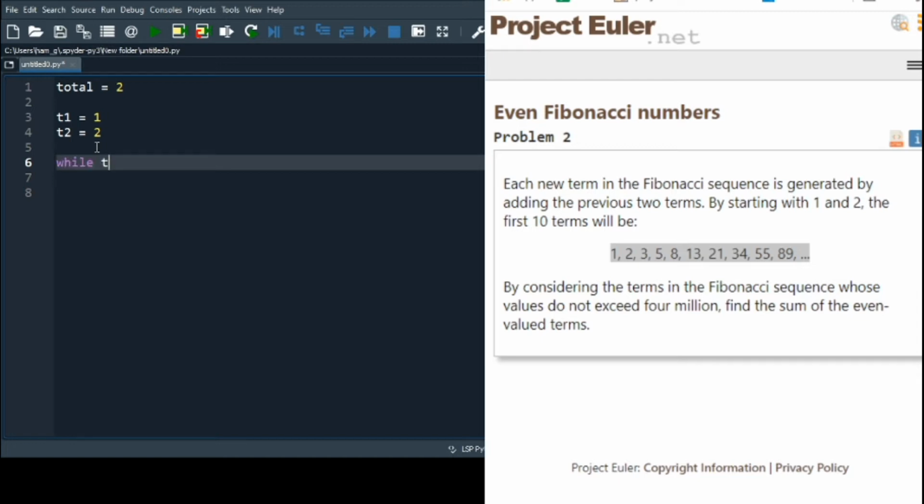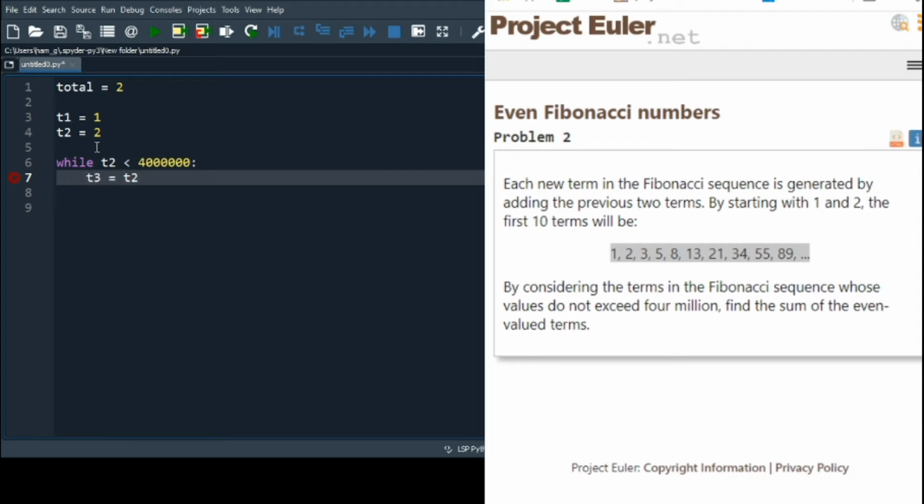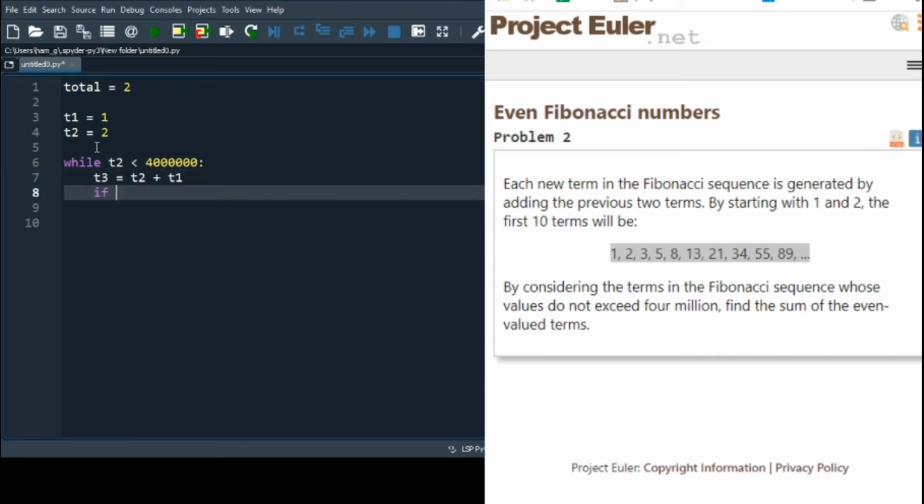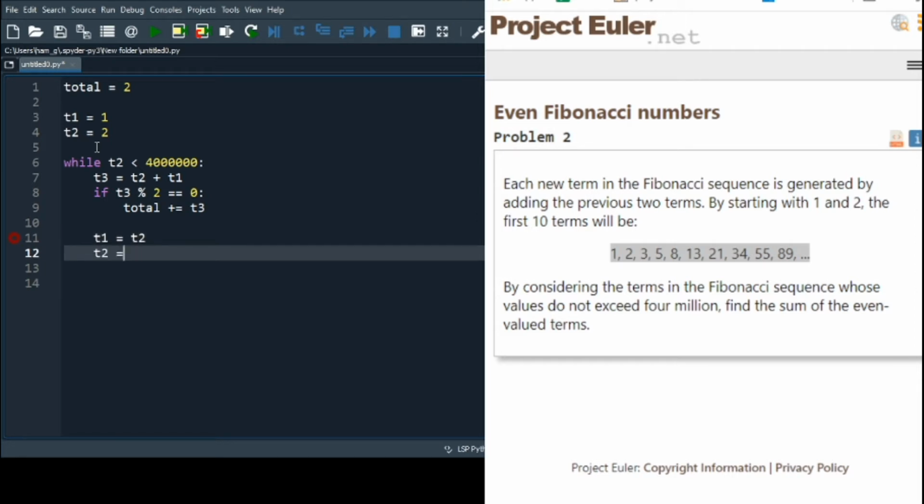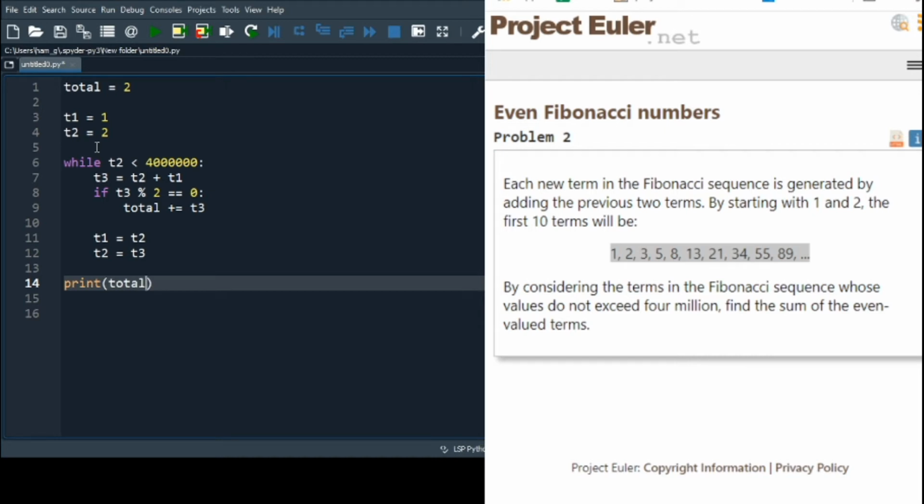So while T2 is less than 4 million, we do T3, the next term in the Fibonacci sequence, which is the sum of the previous two terms. If T3 mod 2 is equal to 0, then total plus equals T3. Then we update the values, so T1 becomes the value for T2 and T2 becomes the value for T3. This all makes sense, I promise, and then right at the end we print total,